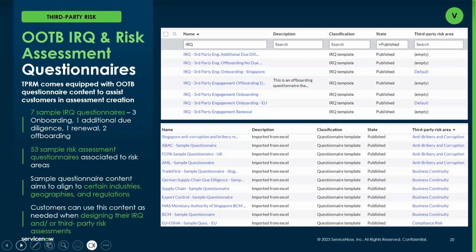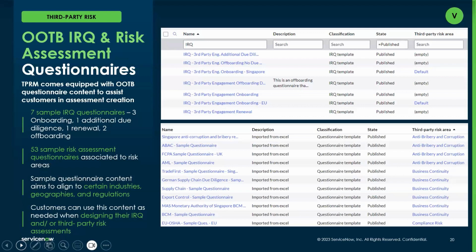And so the research and development of these questionnaires focused in on regulations, on geos, and on certain industries. And with each release, we'll continue to bulk up this library of out-of-the-box content. And it can be used in a way where you can pick and choose some of these questionnaires to cultivate your own unique assessment, or you can use what's available out of the box.